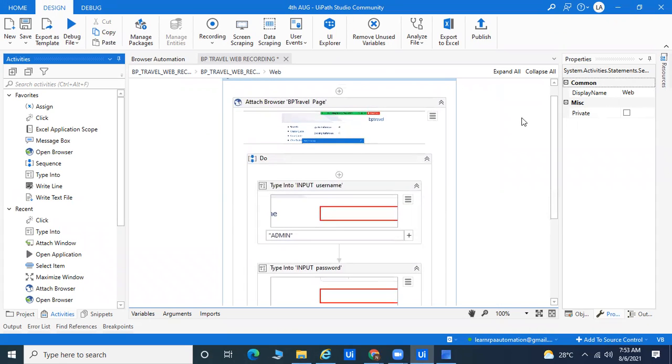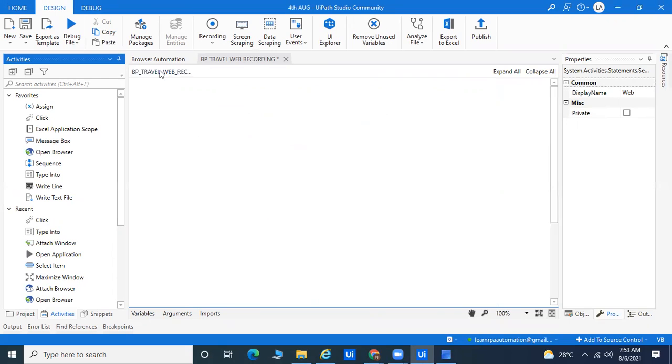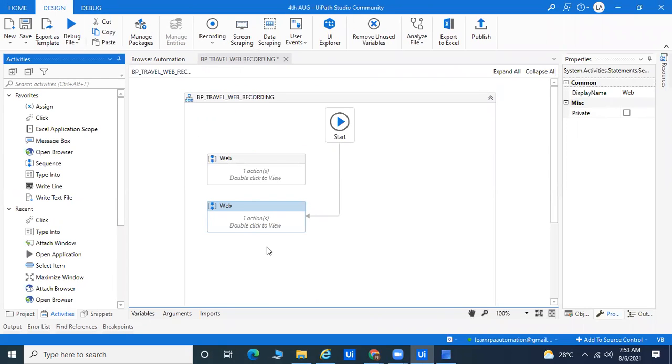What is the problem with this process? What is the drawback of this approach? Hussain, please tell me. Username login is not directly open.